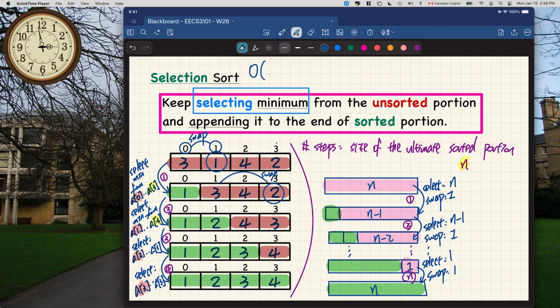How about just swap? Each swap is 1. This will be the swap. How many swaps do we have to do? N, exactly, because we got n steps all the way. Very good. And then plus,